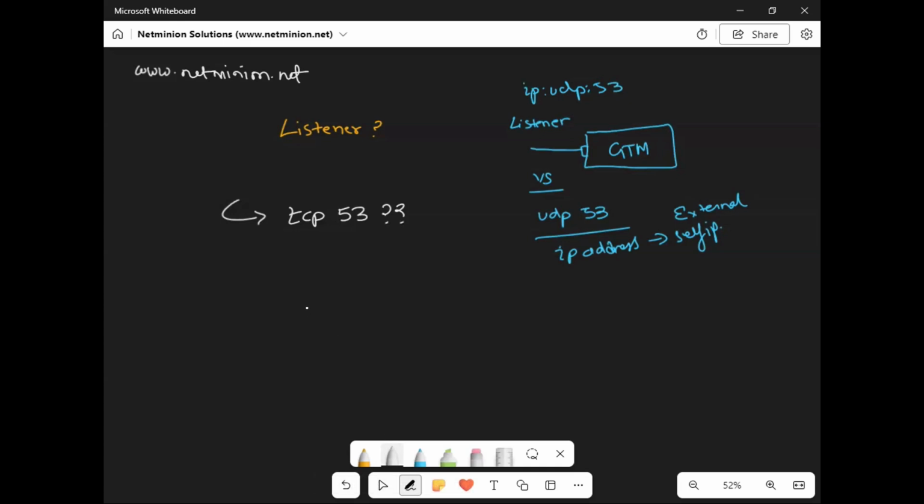When we try to migrate the zone from local DNS to the GTM, I think. So one use case you told is the zone transfer, that we need TCP 53. That is very much correct. Yes. Second,